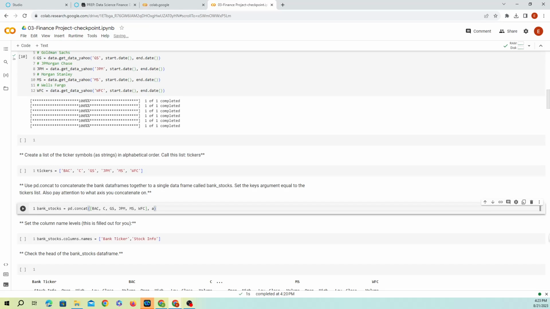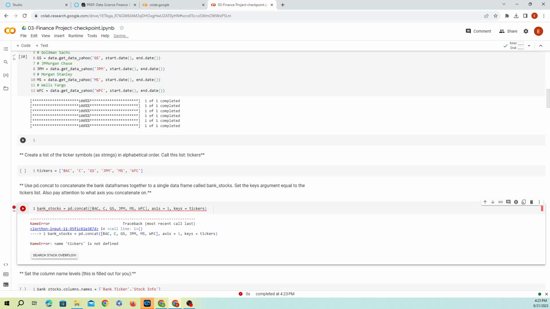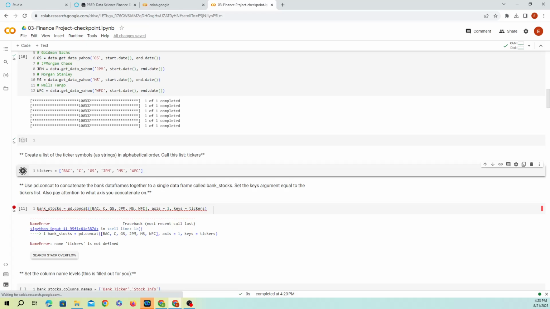And then we're going to place some keys, which are going to be our tickers. So that's why we needed to create this list, to be able to pass that in as our keys. And then let's see if this is going to, oops. And there you go.